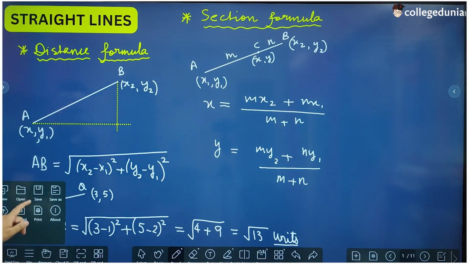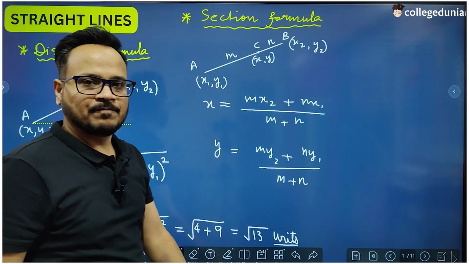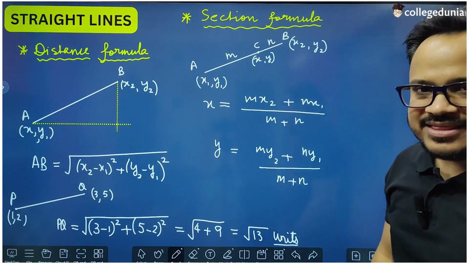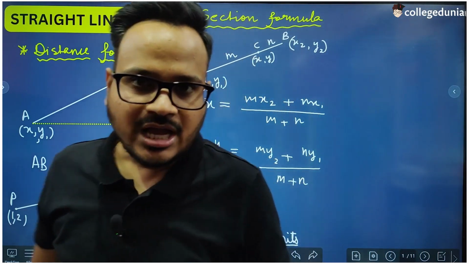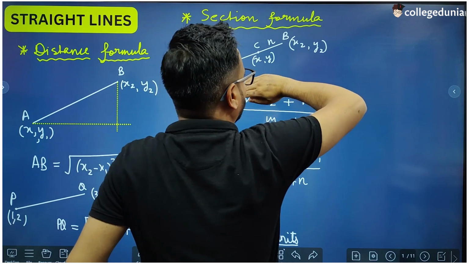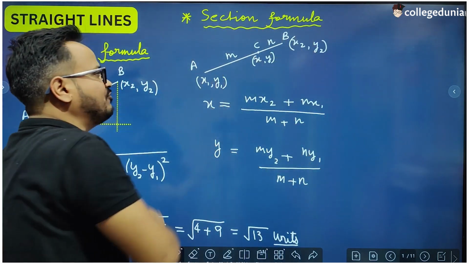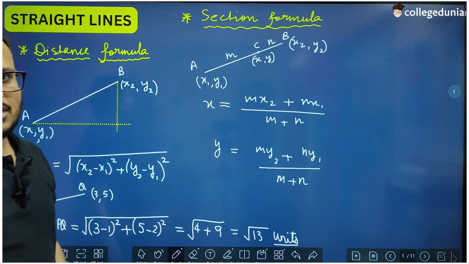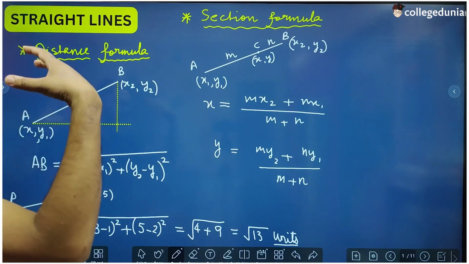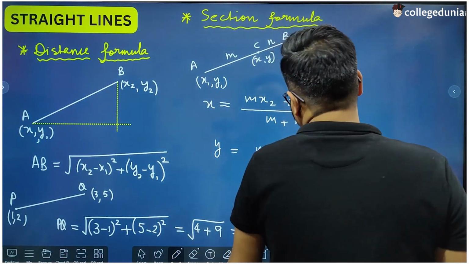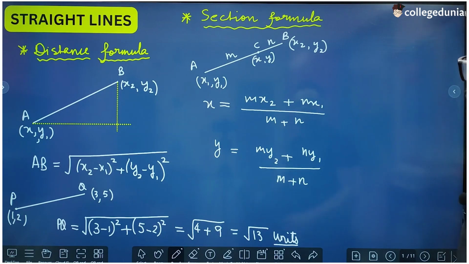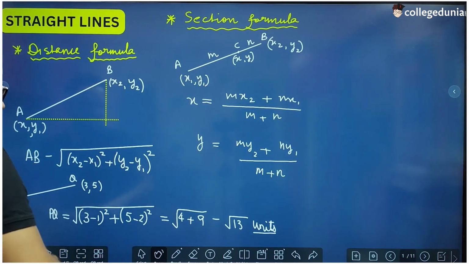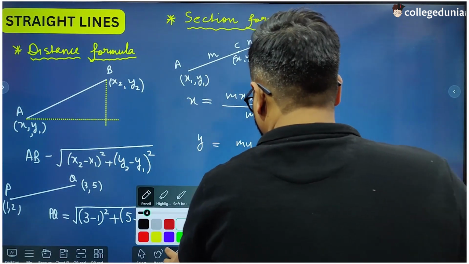So this was the section formula. When this point C lies between A and B, then this type of division by C is called the internal division. If this point C lies on the right hand side of B or on the left hand side of A, then that join is called the external division. But that formula was not in class 10th, so we will discuss only the internal division, right? Okay, so based on this formula, we have some shortcuts that we will apply in many questions.